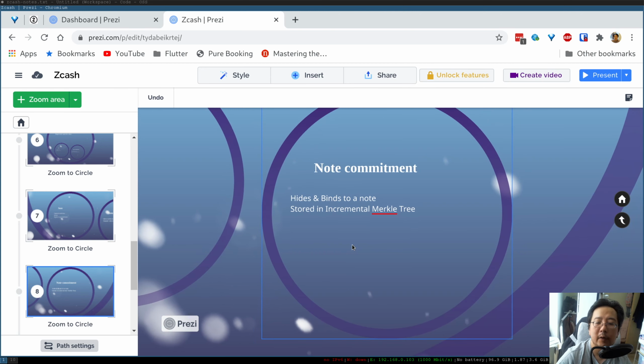So every note commitment that you have created, or that is created in general in the system, will end up in a particular place in this Merkle tree. The Merkle tree has a structure of a binary tree, and it's incremental because you always append. All the notes will be added one after the other, and this Merkle tree is pretty deep. I think it has 64 levels, so it has enough storage for 2 power 64 notes,